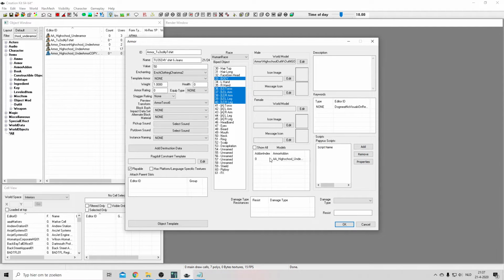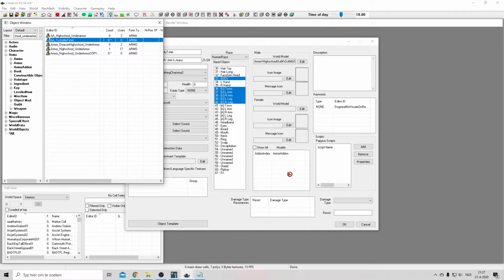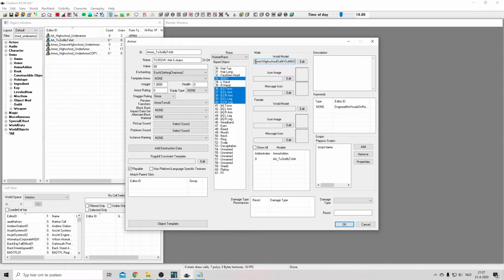Let's see. Then it says right here AA high school underscore Under Armour, excuse me. And that is not the case because we're using the other one. So we're gonna click that, click delete, and then drag the other one in here because that's what we're using. Now in here we have to change our first mesh,